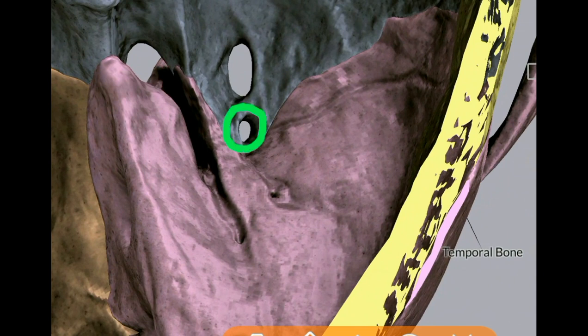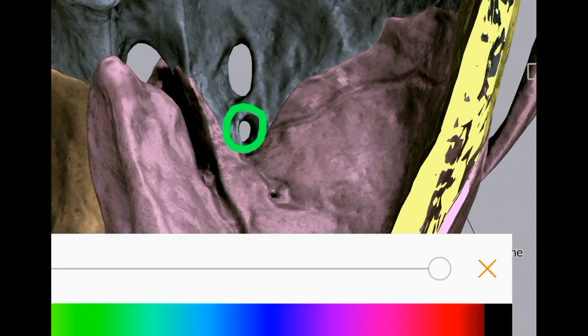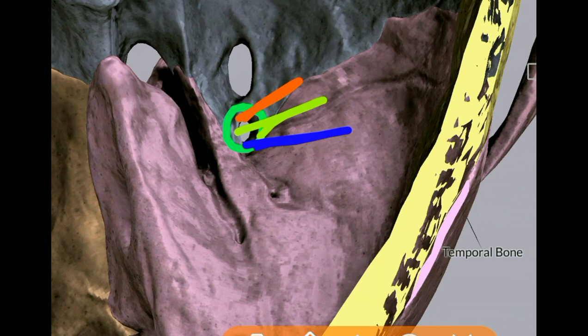Then coming posterolateral to the foramen ovale is the foramen spinosum. It also communicates the middle cranial fossa with the infratemporal fossa. It transmits three structures: the middle meningeal artery, a branch of the first part of the maxillary artery, the middle meningeal nerve, a branch of the trunk of the mandibular nerve, and the middle meningeal vein. So you can remember three M's here: middle meningeal artery, vein, and nerve. So three M's will pass through the foramen spinosum.